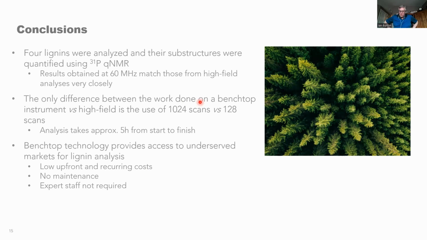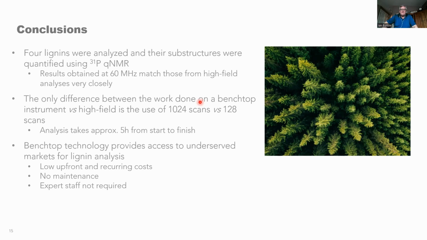The comparison between low and high field shows that the method at low field gives comparable results, providing you can get adequate signal to noise. The difference in time between high field and low field is about a factor of 5, or a factor of 8, actually. So a few hours to get a spectrum. However,